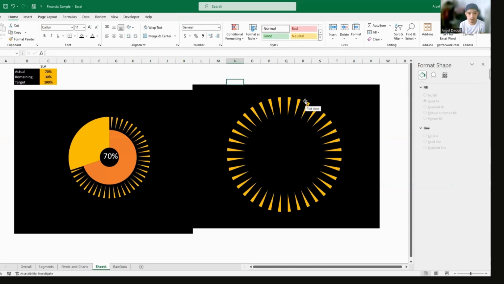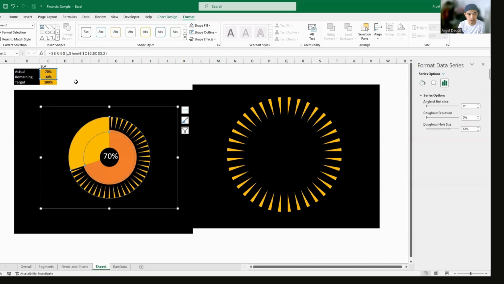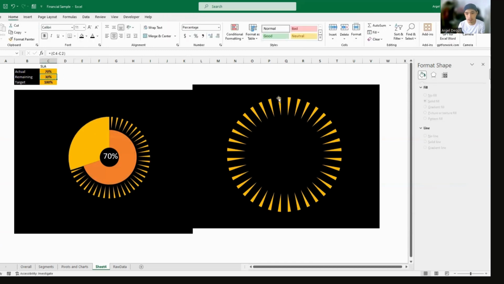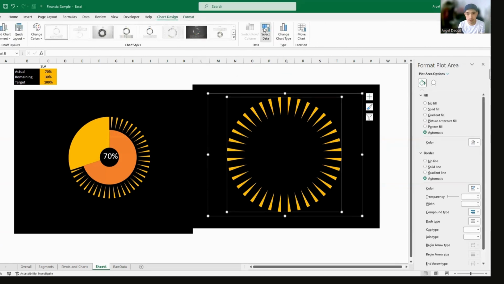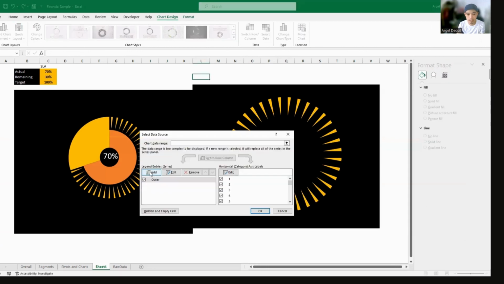Now, the next step is to make sure that we get this part here. We add this yellow part here, or this gold part here, where it says remaining, right? So to do that, we will be adding another data series in our chart. Click on the chart itself and go to chart design and select data. So this time we'll be adding a series in our chart.